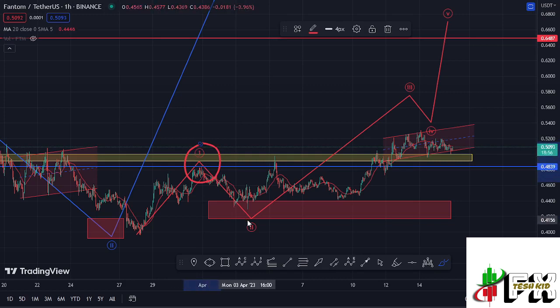And having seen the formation of that first wave and a corrective structure in the formation of this wave 2, I now believe that Fantom is now in an impulsive wave to the upside in the formation of this wave 3, and we are just about to fully maximize our minimum target areas in the formation of this wave 3. And before I get further into the technical analysis to give you my target areas in the formation of that wave 3 and also give you my short-term scenarios here on the Fantom chart, first